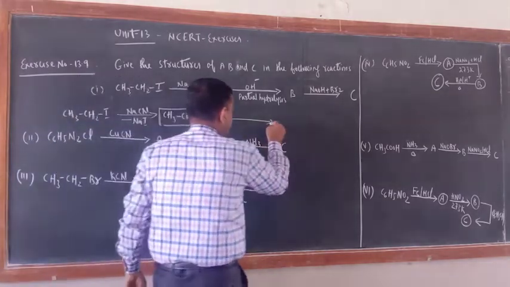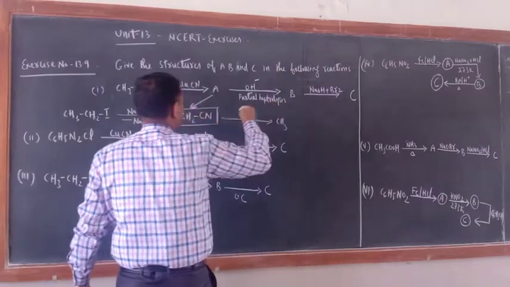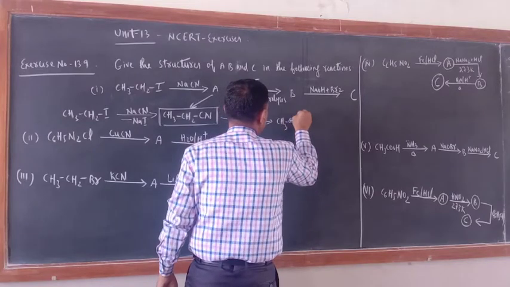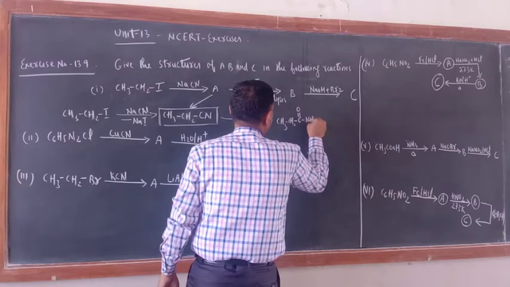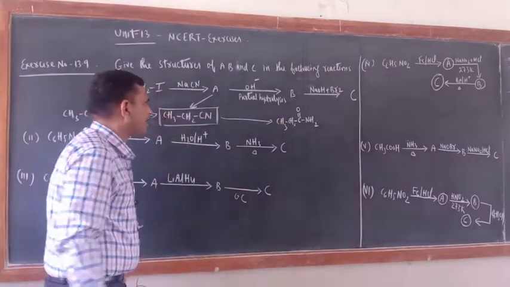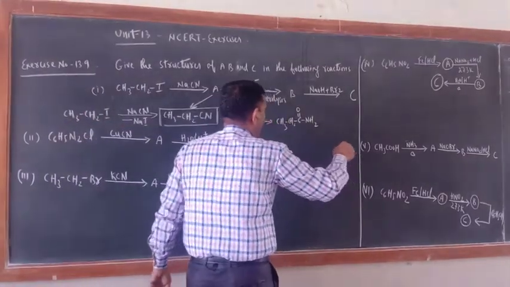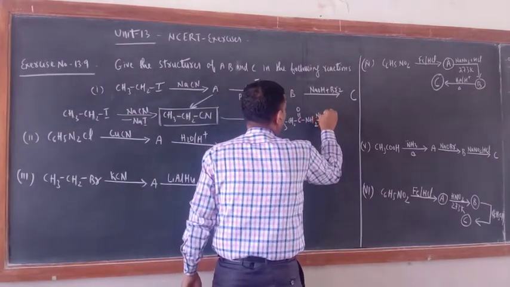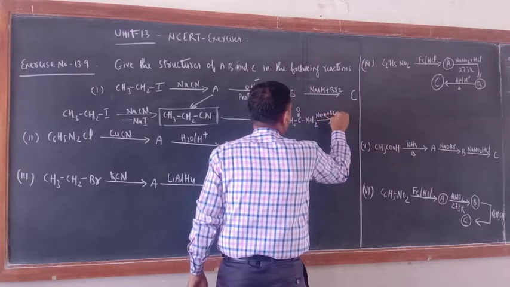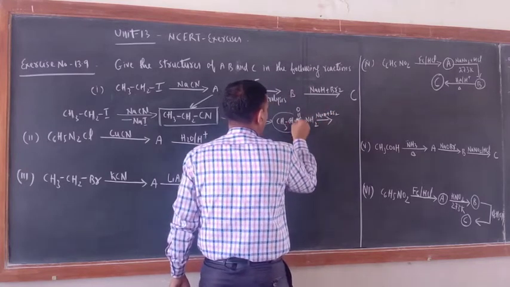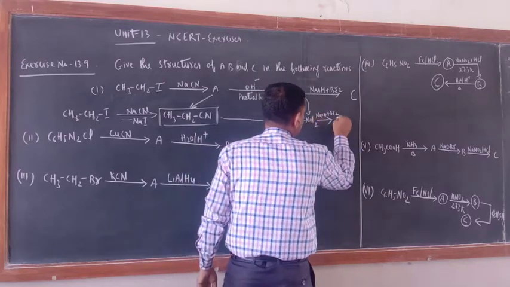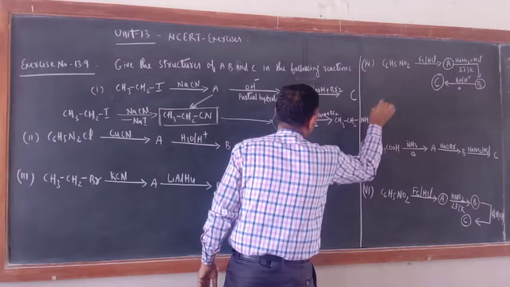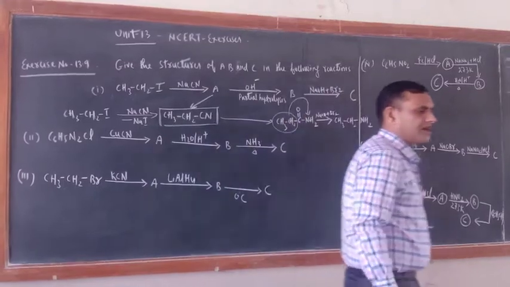Which amide would be there? Just see, separately you can write the reaction also. CH3CH2C double bond O NH2. Correct? Amide you have got. Now for the Hofmann bromamide product of this amide with NaOH plus Br2, what would be the product? This ethyl group will be bonded with the NH2. So the product would be CH3CH2NH2. Yes, ethylamine would be the product.